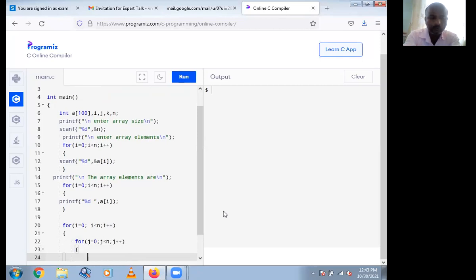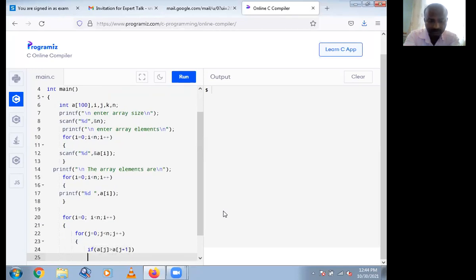Here you have to compare if a of j is greater than a of j plus 1, then interchange the element position.